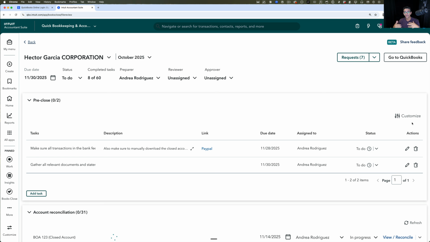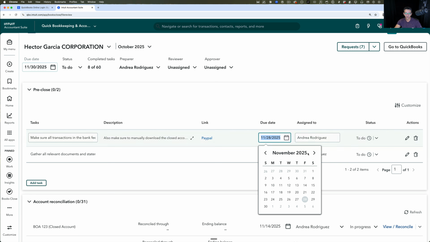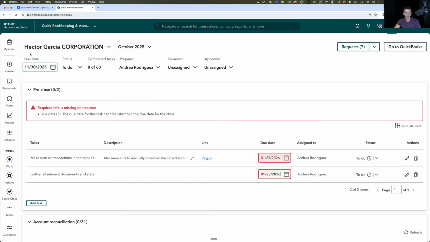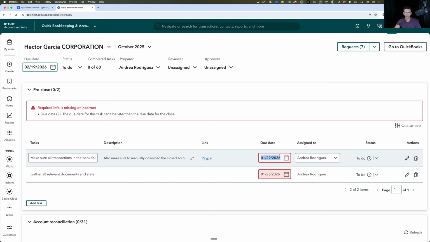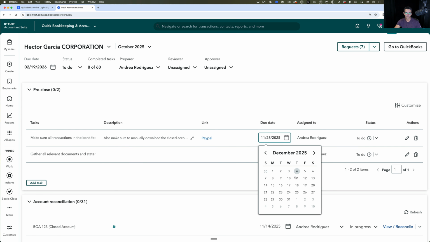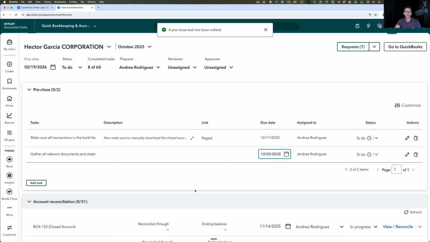tasks. And then in here, I can actually give specific due dates to every one of these things, right? So I can pick any specific due dates to any of these things, and if the due dates are after the fixed due date of the project, then you're going to get an error. So you have to change the entire due date of the project to something in the future if you don't want to get errors in the individual due dates for the specific tasks, right? So that's a really important piece. When you're changing the due dates of the individual tasks, they have to be within the overall due date of the